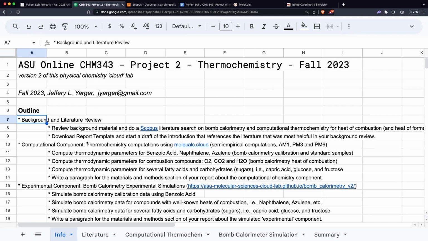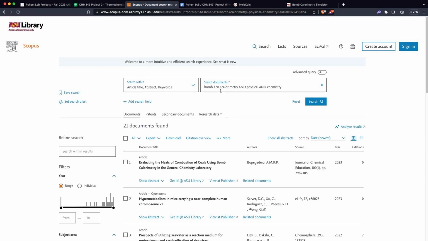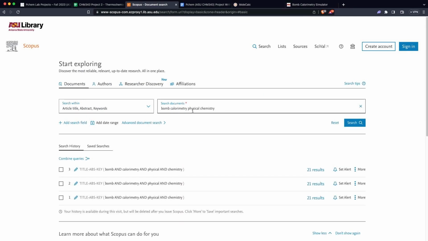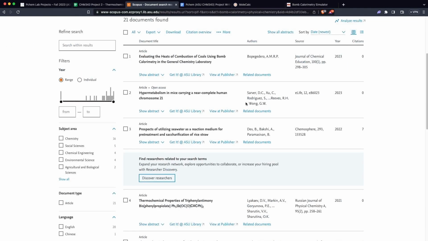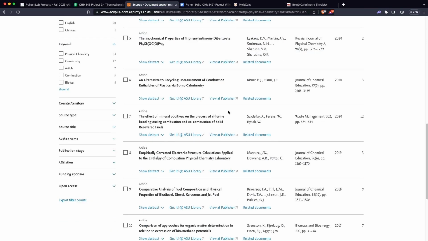And then as we do this, you can download from biopchem.education the report template and start crafting your introductory or background material and citations as you get through this first component. So as an example, if we go to Scopus, log in as an ASU student, we can search for something like bomb calorimetry in physical chemistry or of various materials, etc.,